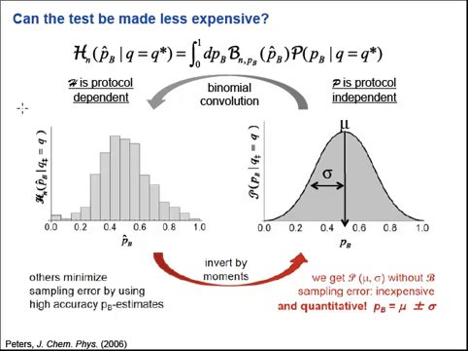But the real advantage of doing things this way is that we no longer need these very accurate binomial estimates, right? So remember, this is what made the committer process expensive, is that each time you sample a configuration, you need something like 100 trajectories in order to get a good estimate of this committer probability. Now, the old strategy was to use hundreds of trajectories so that this committer distribution looked a lot like the underlying protocol-independent committer distribution, right? So this is the histogram. We can make it look like the real distribution, which is what people used to try to do, by doing very accurate committer estimates. And then this thing basically looks like a delta function.